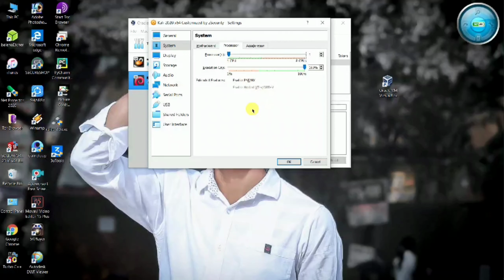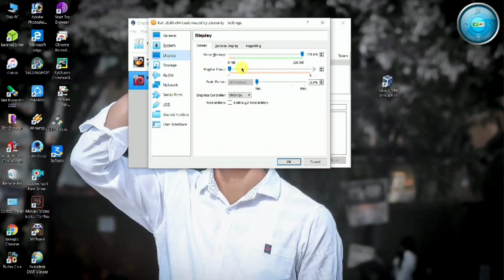If your laptop is not so big and has four CPUs, you can give one CPU, or whoever has 8 CPUs can give 2 CPUs. I have 8 here. Now go to Display.